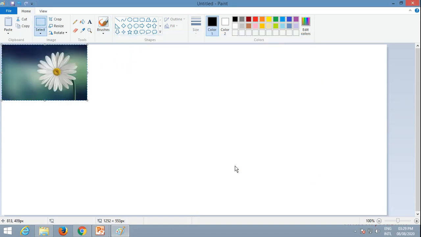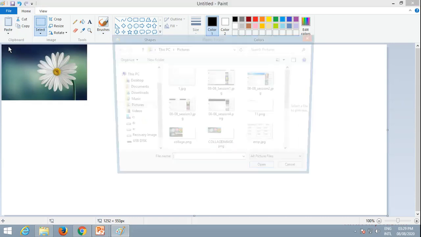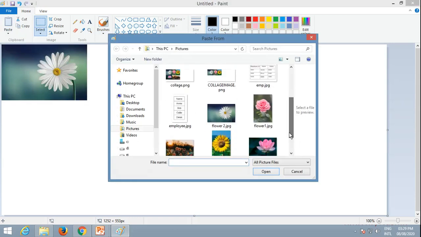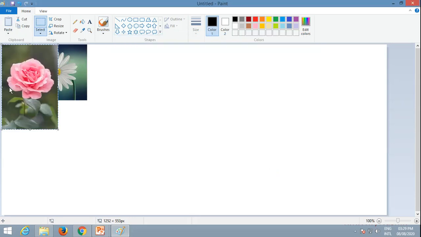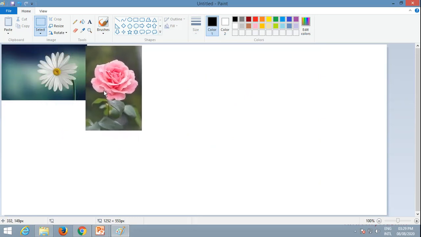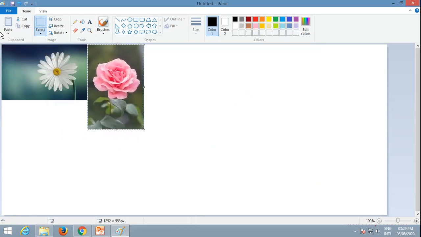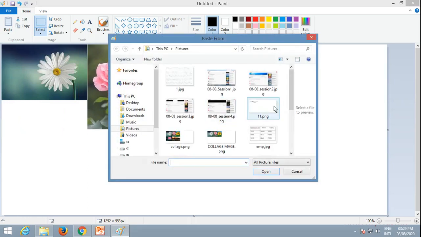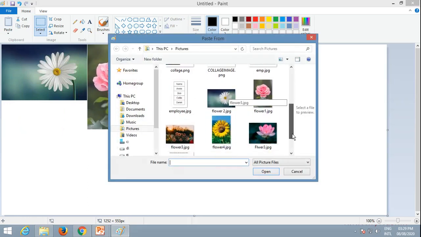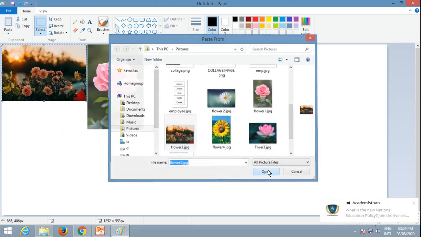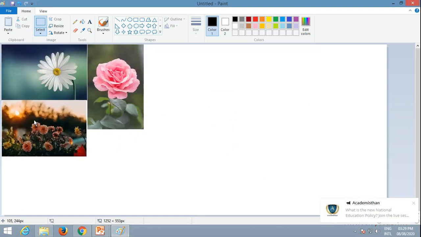Now see, I had taken one image. Again, I can take another image. Now I will just put this here. Then see, this is the fourth image.